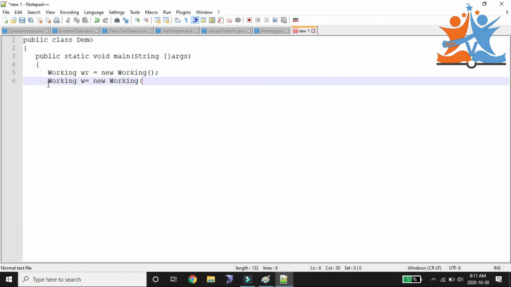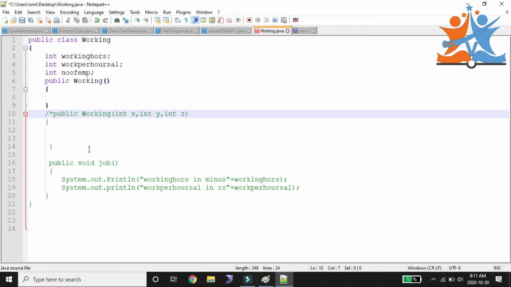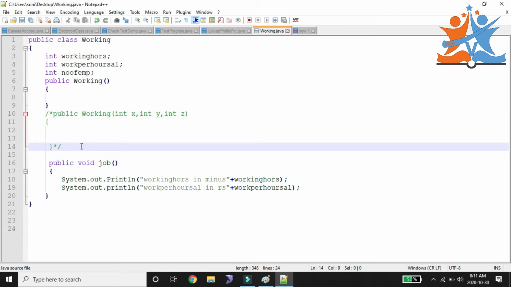First I don't want to go with this one. Inside Working also, I don't want to use this constructor presently. I need to put a comment for this. For multiple lines we use slash star and star slash, which is the comment representation.